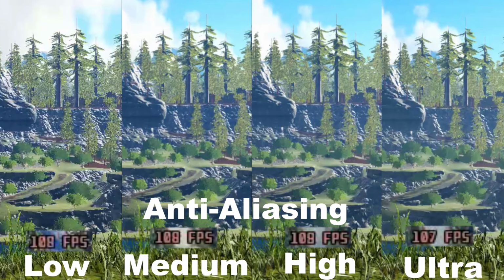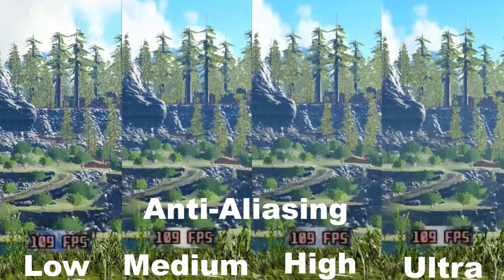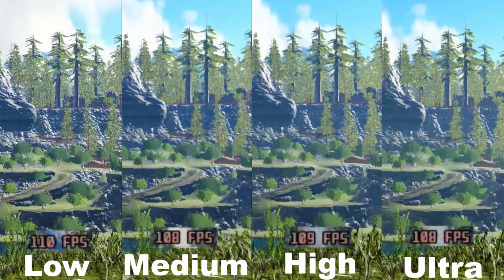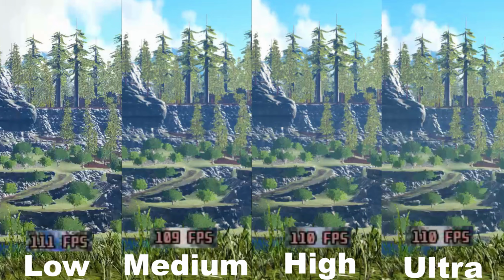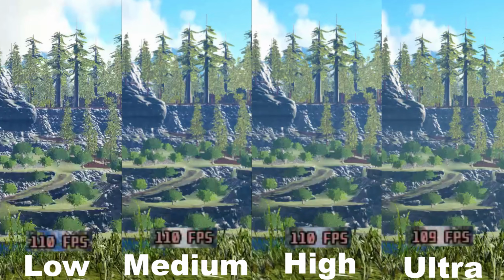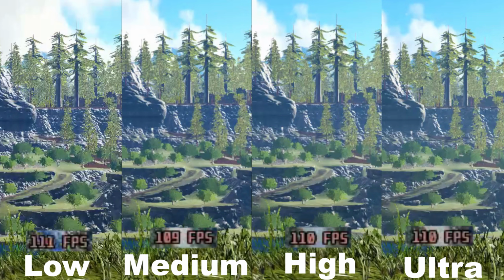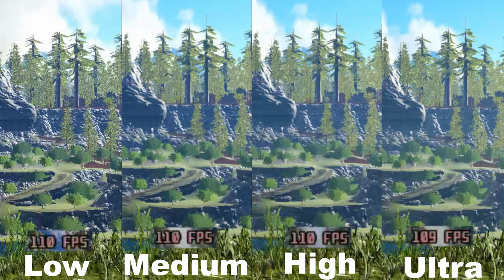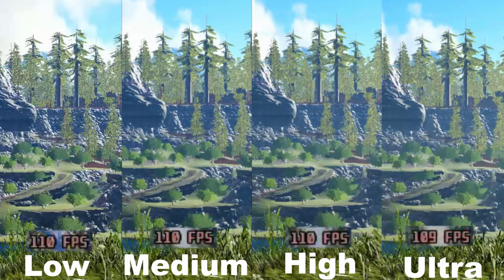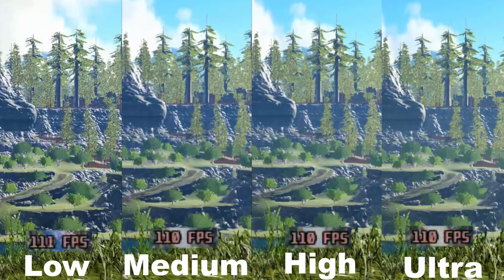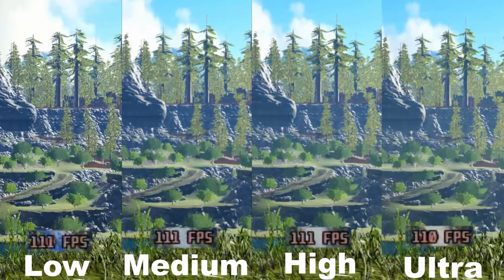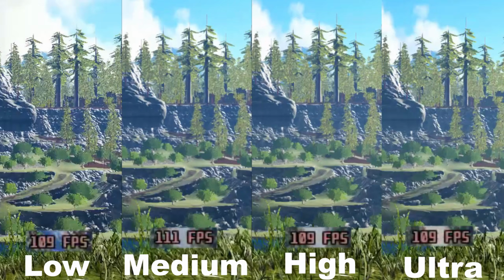Next up we have anti-aliasing. Anti-aliasing helps make the picture look a lot better by removing that shimmering you can see we have on low currently, and helps by removing those jagged edges you'll get around different objects in the distance. That said, as you can see, there's not much difference in terms of FPS in Ark. It's pretty much the same between low and ultra, so this is more what you prefer, what you would like the game to look like. I would recommend just using ultra because there seems to be no difference, and that's the most pleasing image, but Ark doesn't have the best implementation of this setting.